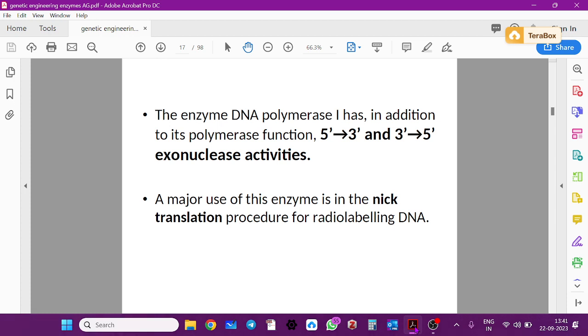So the space is good enough for just a complementary one. Only the complementary one can sit opposite, and the other will not fit. By chance, if it fits, then it is going to be replicated. In the next cycle, this G will come instead of a T, and you can have a very lethal mutation. The protein may not be made. Dead. So it needs to be perfect, and this proofreading, the moment that these exonucleases keep on scanning